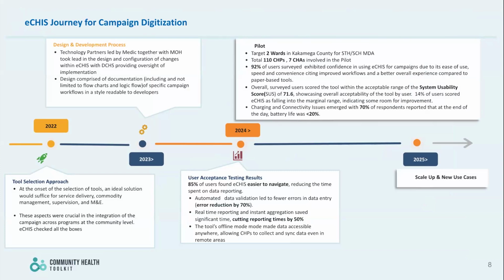So for us as CHI, we adopted one simple rule whereby we always avoid recreating or reinventing the wheel. So when we got into the picture, we needed to do a bit of a landscape assessment just to understand the current situation: is there any work being done around campaigns to begin with, or is there any work being done around interventions at the community level? And it is through this landscape analysis that we were able to engage the Directorate for Digital Health,